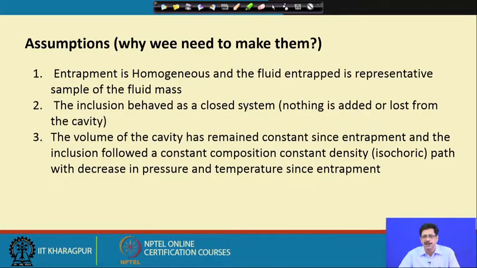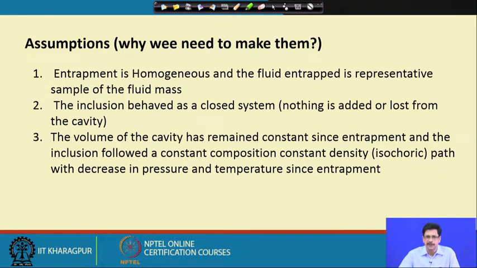So, with this kind of background information, as we have been discussing, we subject these tiny inclusions to various types of experiments, microscopic as well as microanalytical techniques. We say that we are sampling the paleofluid, the fluid which was active in distant geological past, in terms of hundreds of millions of years or thousands of millions of years to even very recent. We intend to retrieve information on the physicochemical parameters like pressure and temperature, and compositional characteristics of these fluid inclusions.